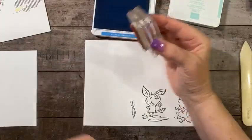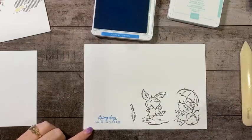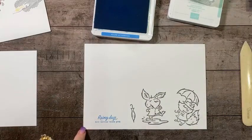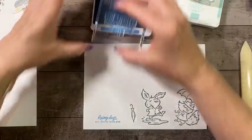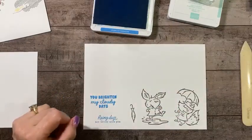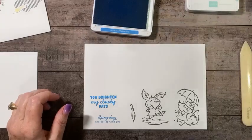And we are going to ink up that sentiment. Rainy days are better with, no, that's not the right one. That's the inside sentiment. You brighten my cloudy days. This is the sentiment that we need. There we go, but while we're at it, we might as well grab the inside card base